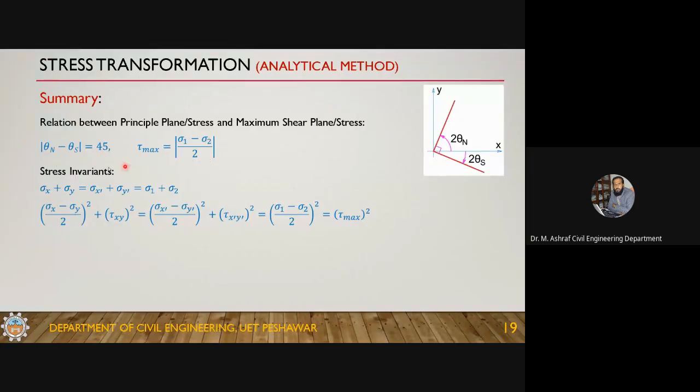And then we talk about the angle between the two, theta n minus theta s, and the tau maximum, and the stress invariant. So this is the whole summary, and I've summarized all the equations in these two slides. Again, you can pick any appropriate equations and then get the solution done. Okay, so this is the whole story, and since we are late, you'll have to complete your assignment, your quiz